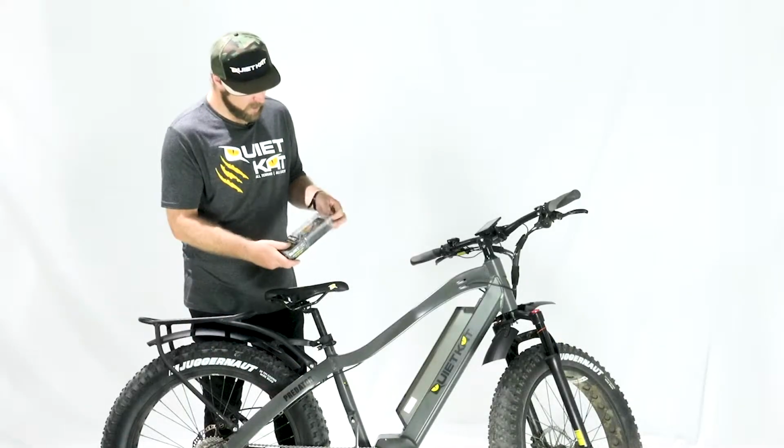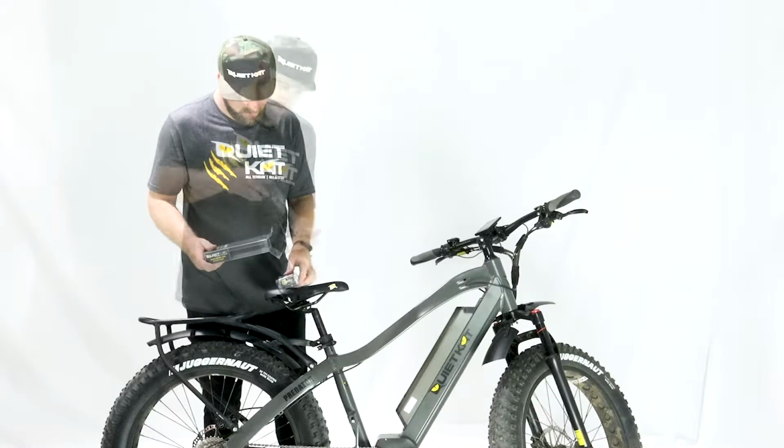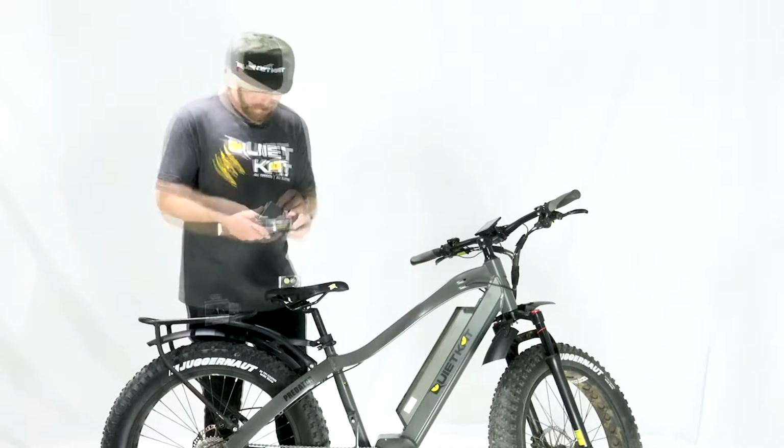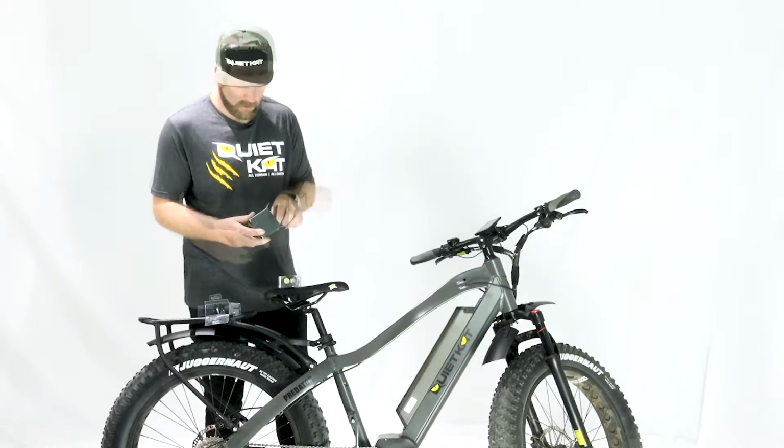So we'll go ahead and open up the box here with the light. One flap folds off the top. The light itself is going to slide out. And then down in the lower box, you're going to find the handlebar clamp mount and, of course, the USB cable